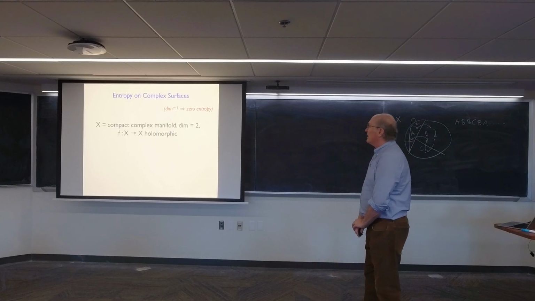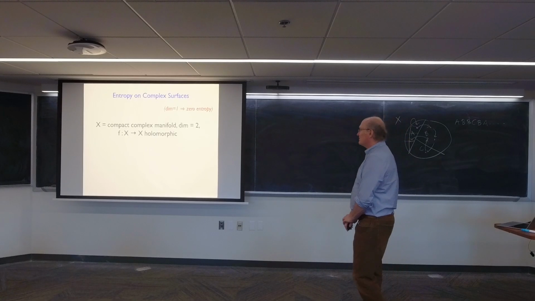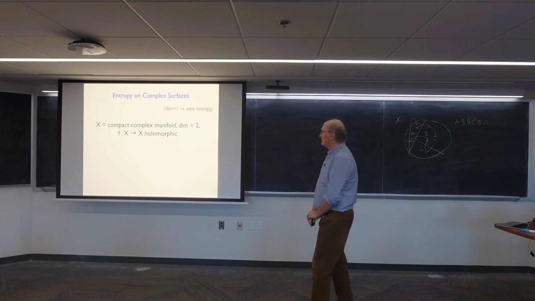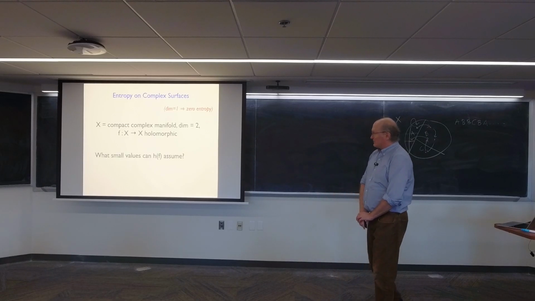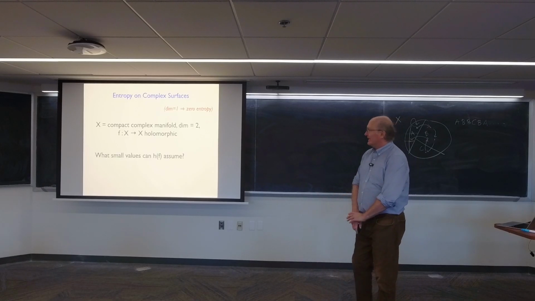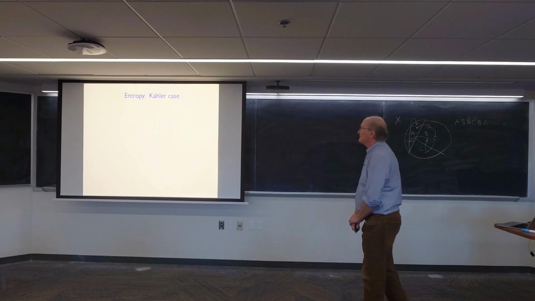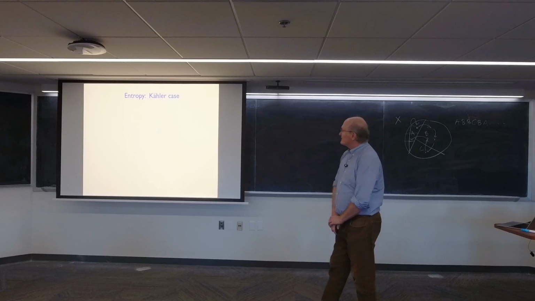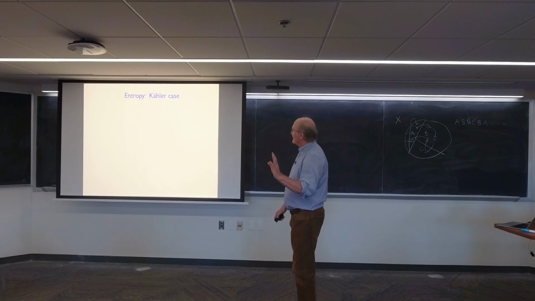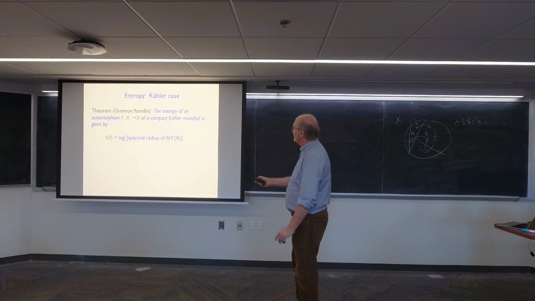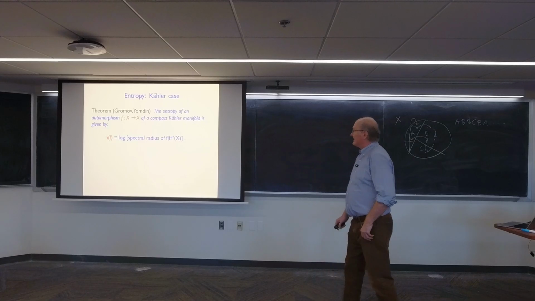Okay, so let's suppose we have a compact complex manifold, the dimension is 2, we have a holomorphic map. We can ask what small values can the entropy assume? Small positive values will be the interesting ones. And here's what's known. If the manifold satisfies a special condition, in particular if it's projective and more generally if